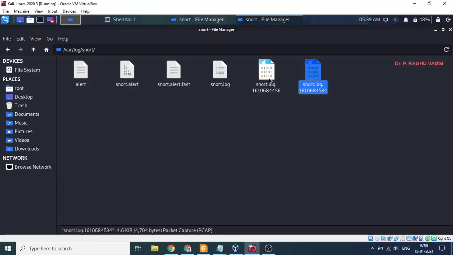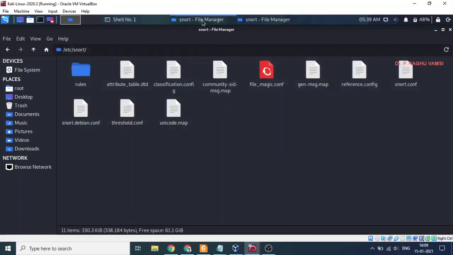That means whatever the errors or intrusions are there will be recorded in the log. On the console, the traffic will be shown, and if you include the logs, the intrusions will be recorded in the logs. So we need to keep track of this folder and also this folder.